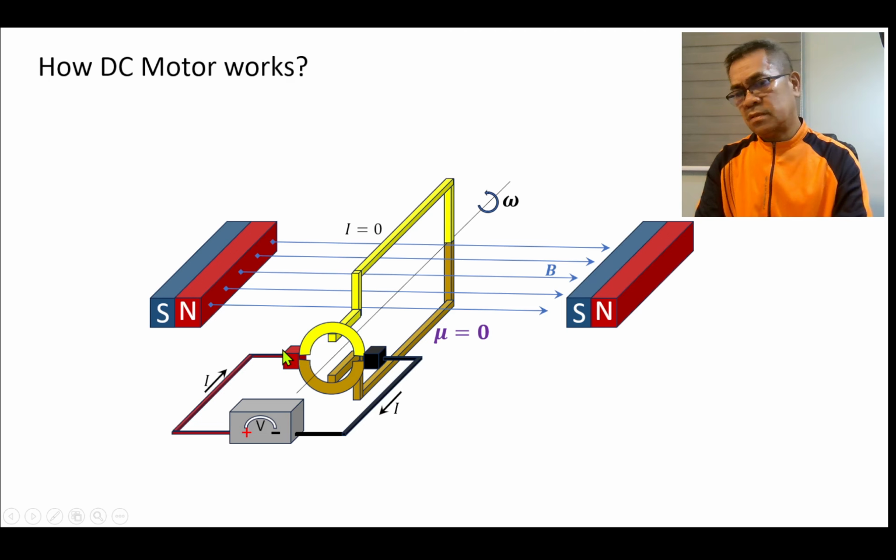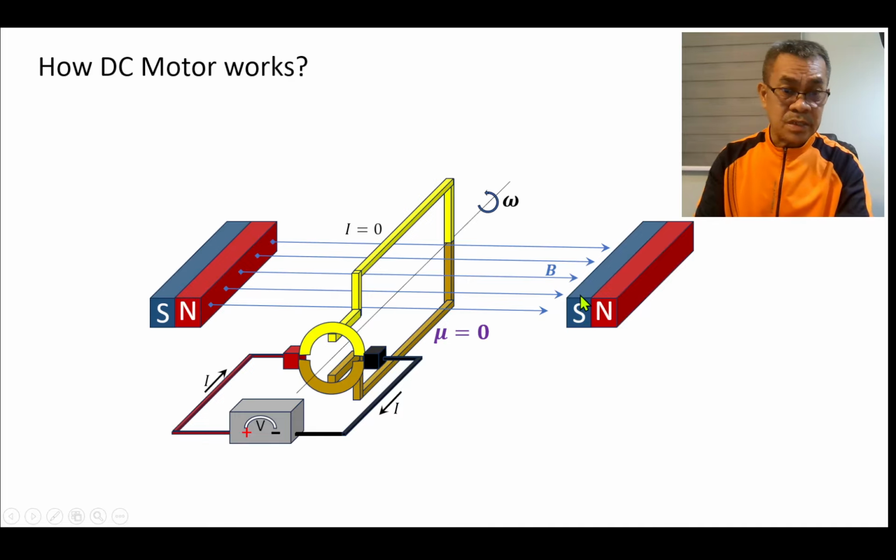This brass was connected to the gold side of the semicircle, and also connected to yellow, which means that there's no current in the loop. So if there's no current, what will happen? There's no dipole moment. So where is the current going now? The current is going to this one, then back to the source. So there's no current in the loop. What happened is that mu becomes zero.